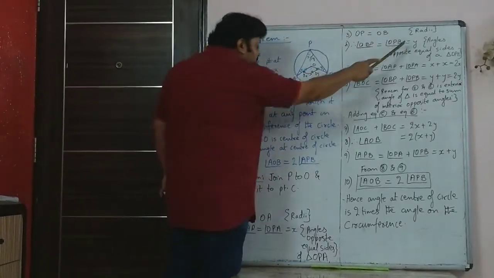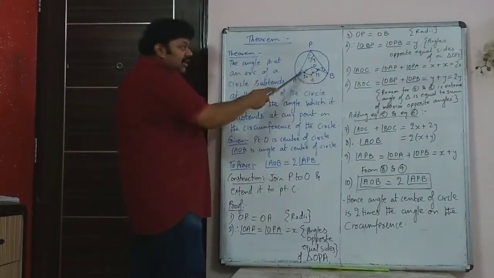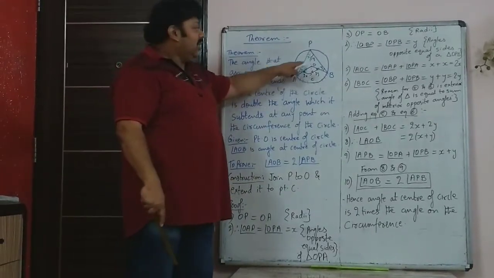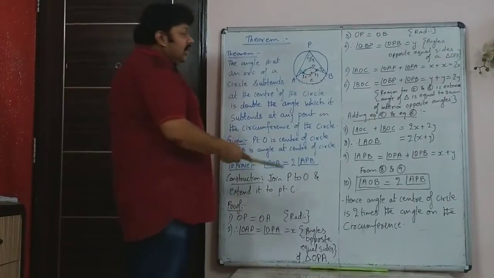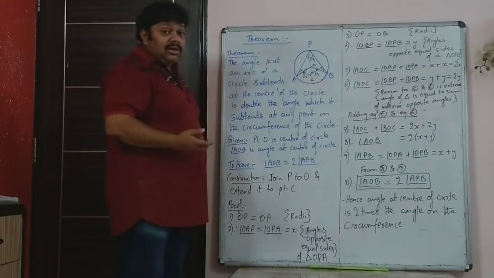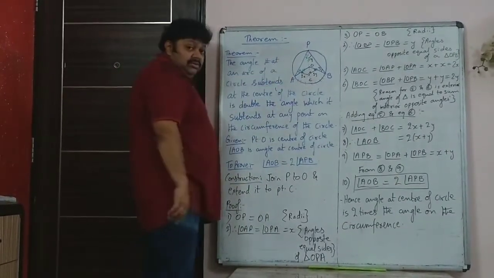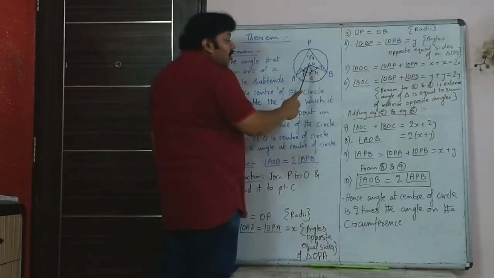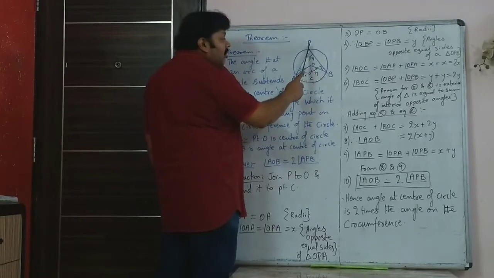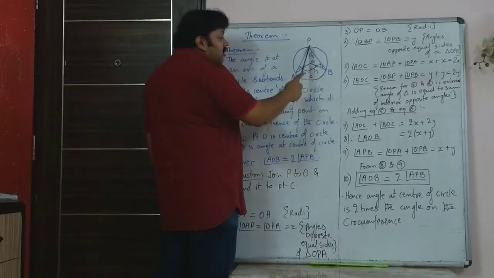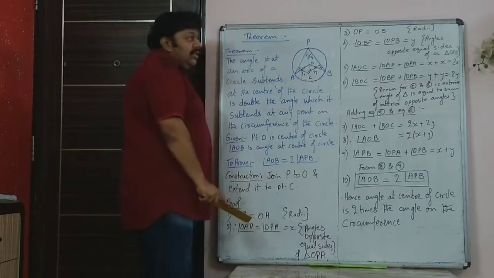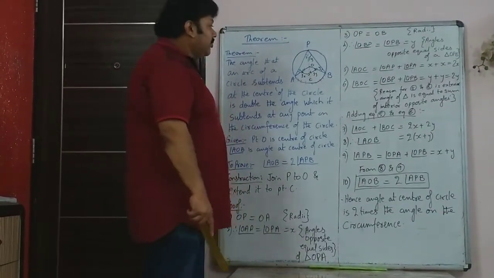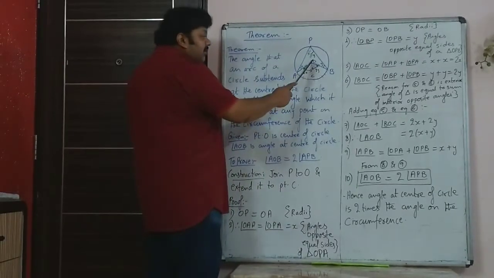But now you can't use the same alphabet x, because x was in another triangle. In that triangle, those angles are x, so maybe that is 30-30. In the other triangle it is not necessary that it has to be 30 itself, it may be 40. So therefore don't use the same alphabet, we are using OPB is equal to OBP, these two angles are y. Again the same reason, angles opposite equal sides of triangle OPB. So now if you add